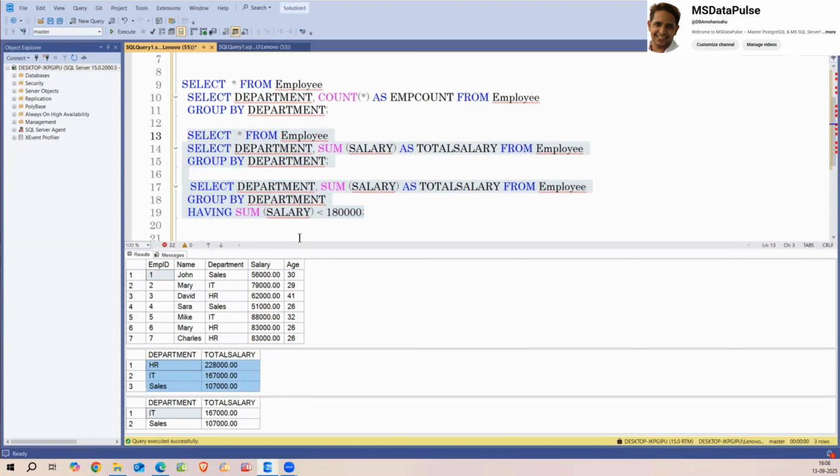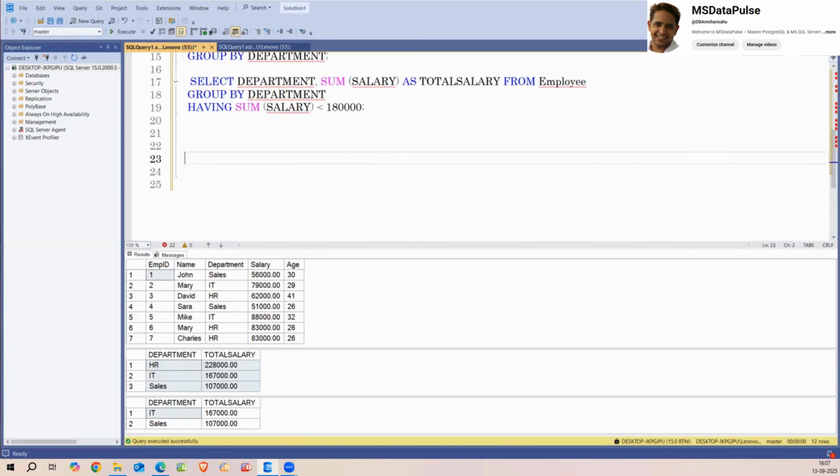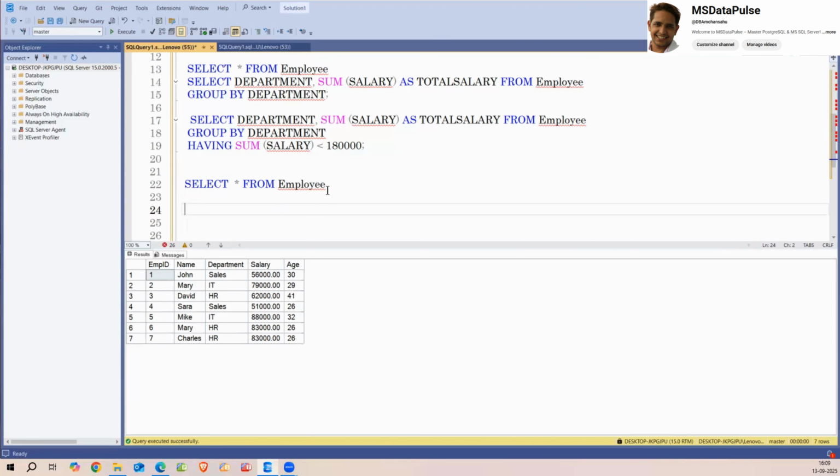So now again the question may arise, maybe you may be asked in the interview as well, that can we use having without a group by? So yes, we can use having without a group by as well, but it is not much meaningful for all the conditions. So it might be only meaningful in the queries that use the aggregate functions in the select or having clause. If I want to use the having without any group by function, we can write a query that